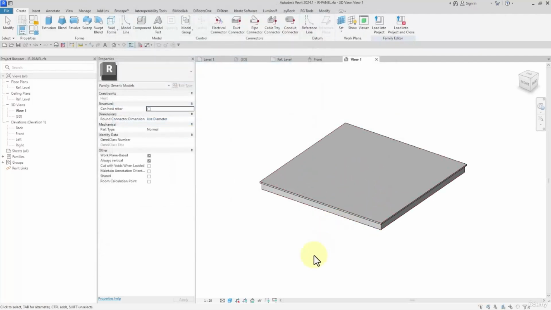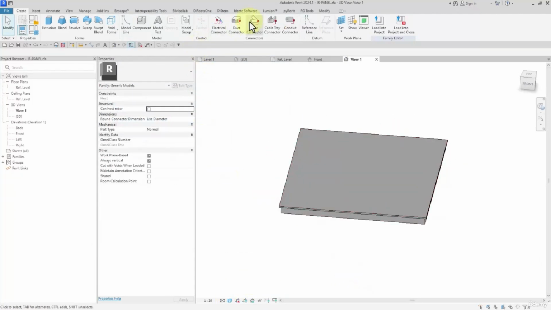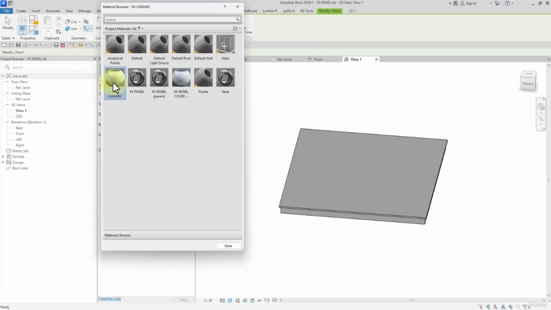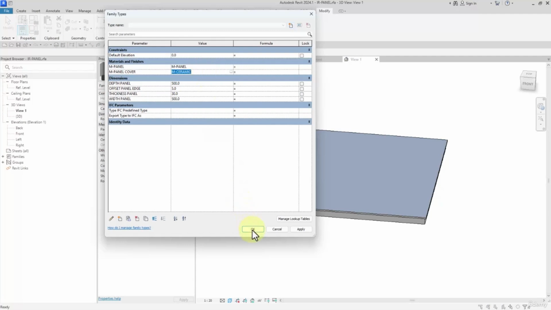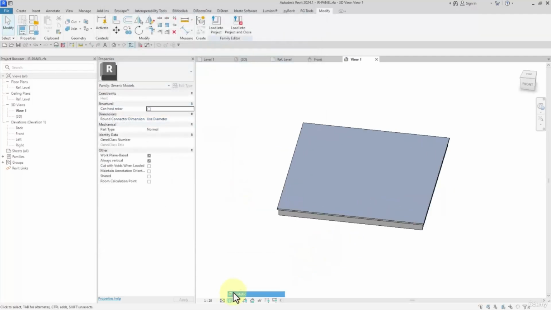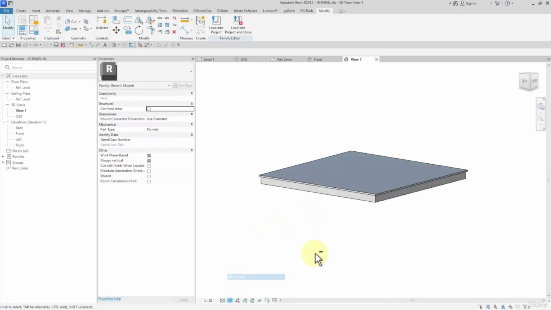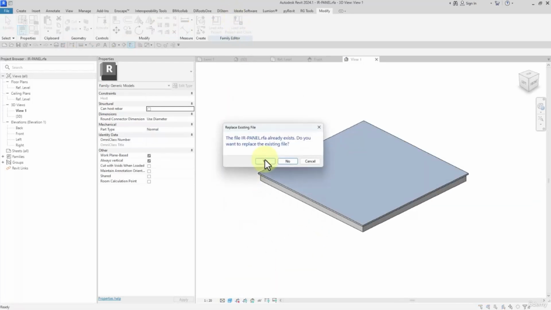But for the top face, I haven't specified the material. So from paint, I choose ceramic, and then I dedicate it to the top face. So we can modify it this way. Shade it, then I load it into the family,